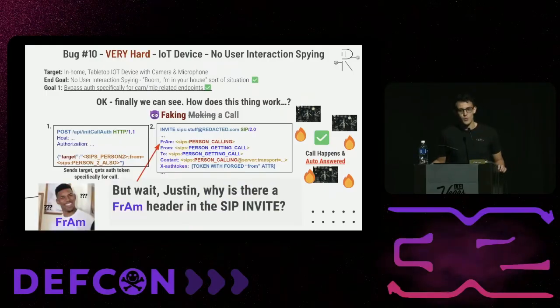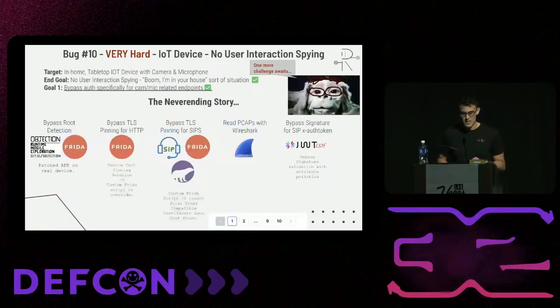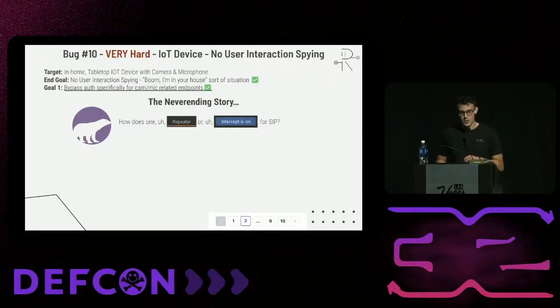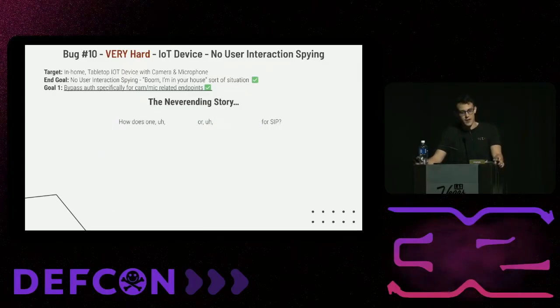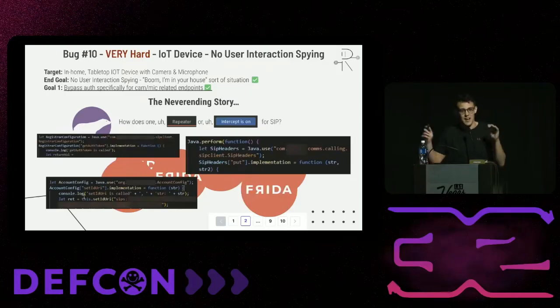But wait, you might ask, what is up with the from header there? Well, the from header was an interesting situation because as much as we thought we had source code, there was one more challenge that awaited us at that point, which was we're using Polar Proxy. So how do we do repeater or intercept on these things to modify the requests as they were going through? Well, the answer to that is a ton of Frida calls to overwrite and actually use the mobile client as our own proxy to send stuff through,